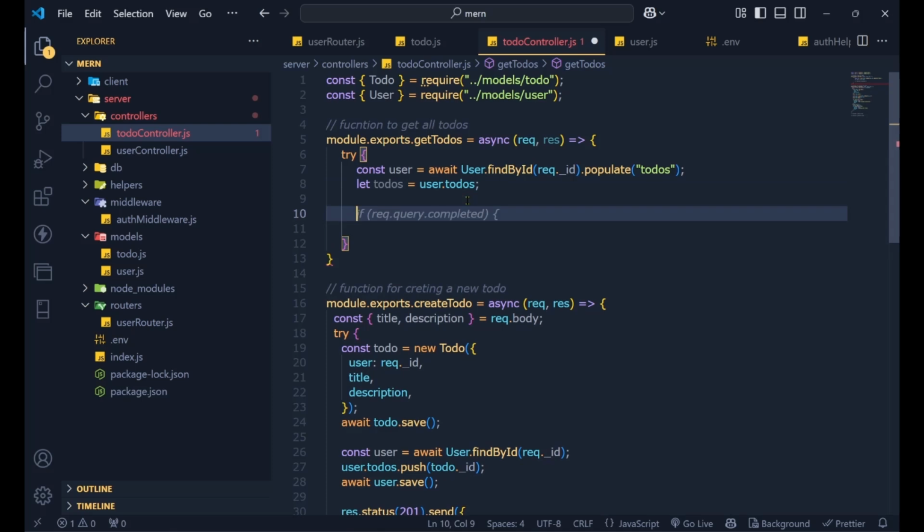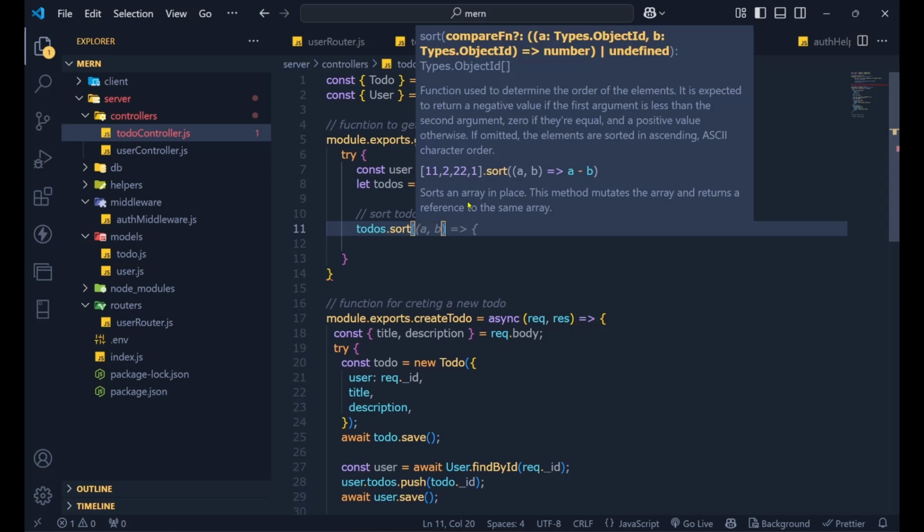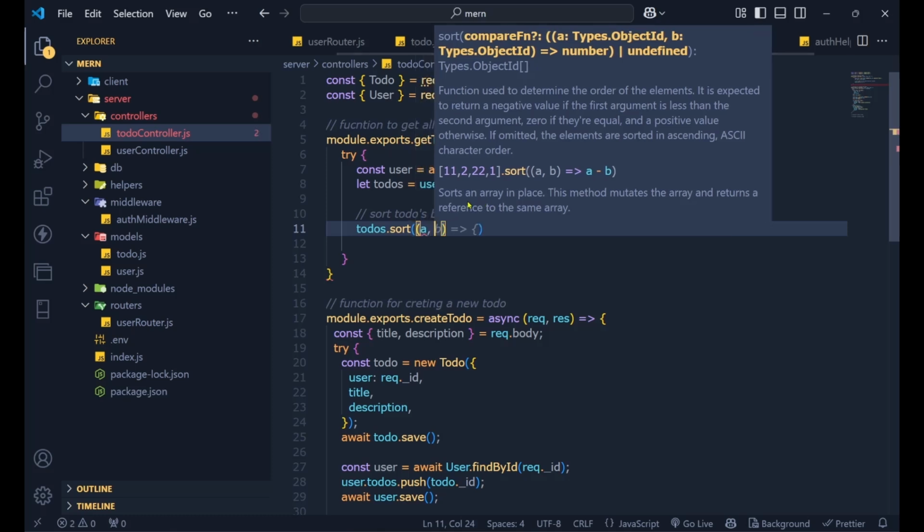So we need a function to sort to-dos by the date at which they were created, right? This is what we need, right? So it's not dot, it's sort. Cool. So now let's say to-dos. Now in JavaScript, we can write a direct function to-dos dot sort, but we need a sorting function which can sort based on the time they were created, which is createdAt, right? So we take two parameters, a comma b,